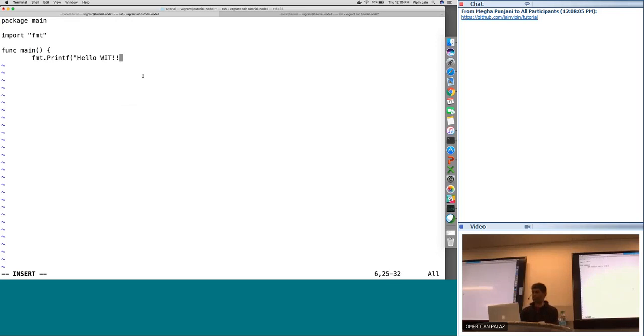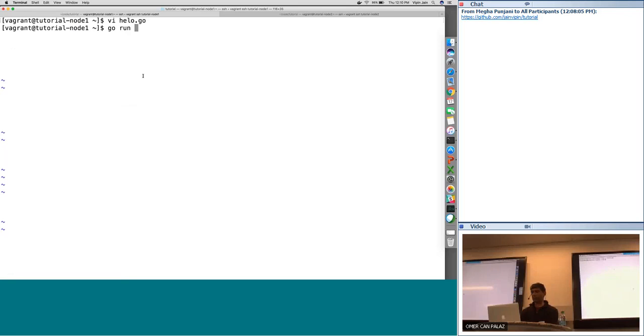What we'll do is compile this application and make a container out of it. Let's make sure this thing runs first. Okay, let's just add a new line there.